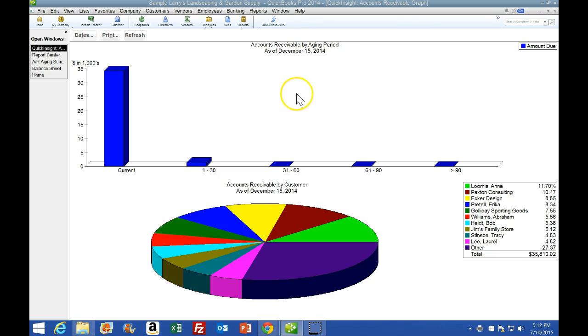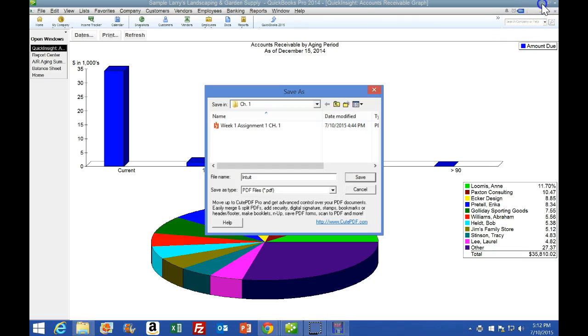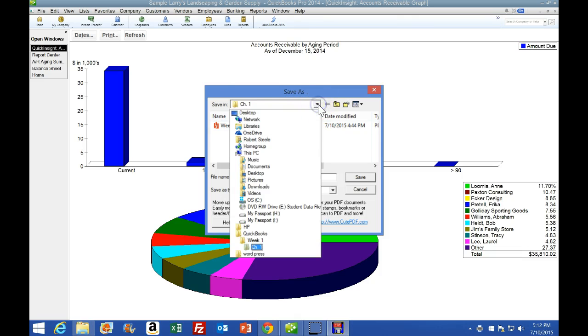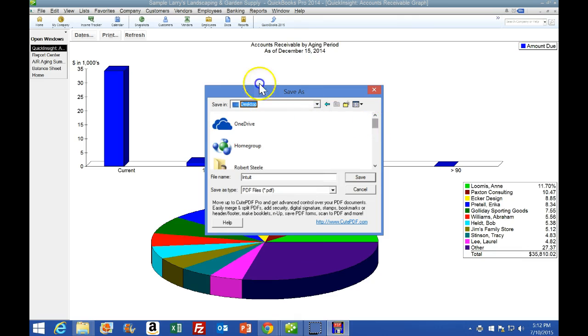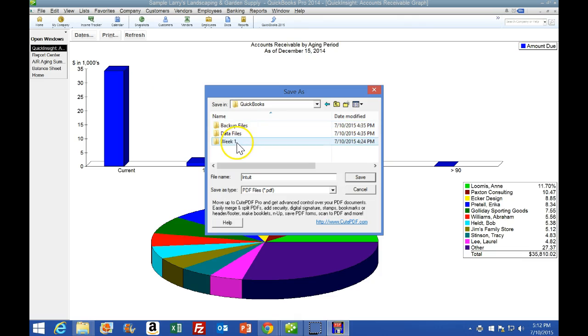If it doesn't pop up automatically here, note that it might be behind the screen for some reason. So if you wait a little bit and then click this icon to minimize, sometimes it just pops up at that time for some reason. Then we're going to browse, we're going to click the drop down, we're going to go to the desktop, I'm going to scroll down and I'm looking for QuickBooks, which is right here. Double click, I'm going to go to week 1, I'm going to go to chapter 1, and I'm going to save it in here. So this is going to be the AR, I'm just going to call it AR aging, and put the date